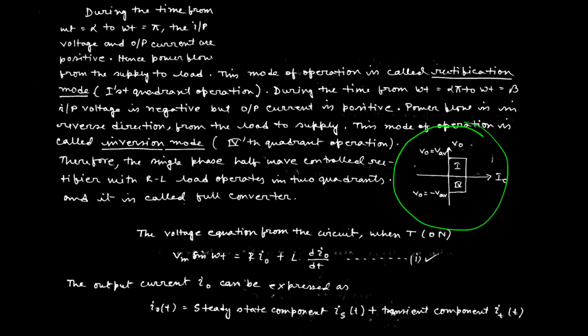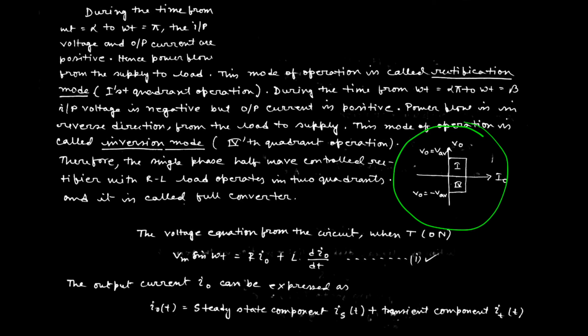Now we are going to derive all the equations. Before that, we should understand that, as the inductor is there, there is charging and discharging, so there are two modes of operation we should cover. Number one, steady state operation, where the inductor is fully charged and behaves like a short circuit, and without any disturbance the current can conduct throughout the circuit. But when the inductor starts storing energy, at the particular situation at t equal to 0, that is considered the transient operation. So first we are going to analyze the steady state operation, then the transient operation.